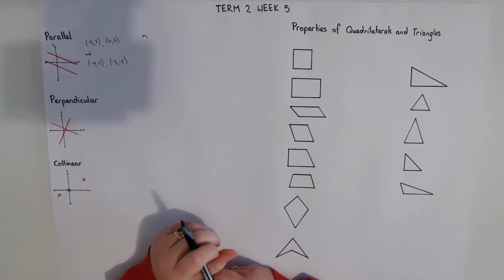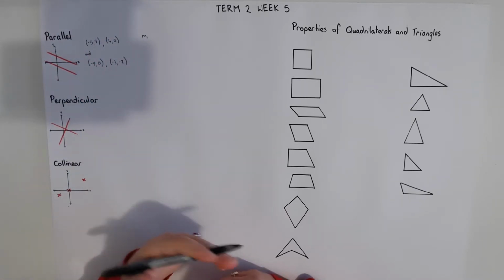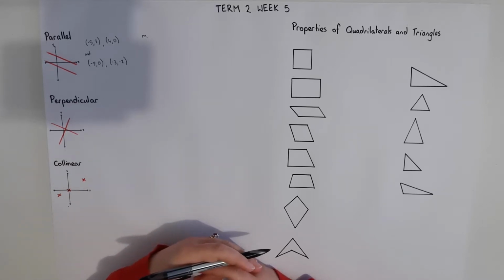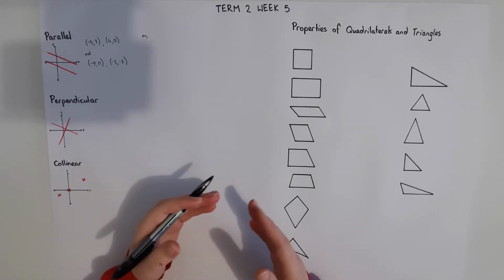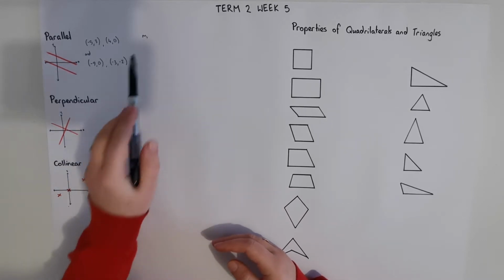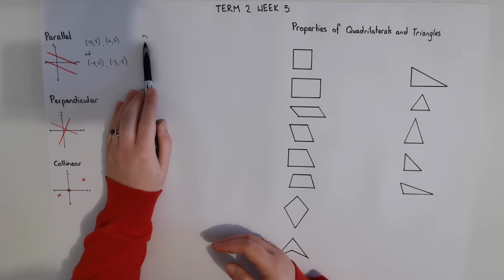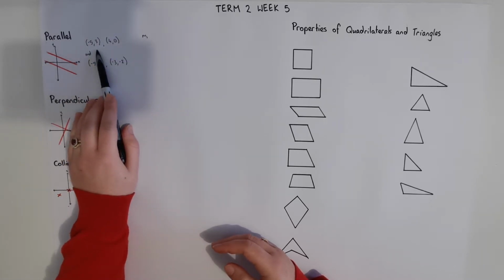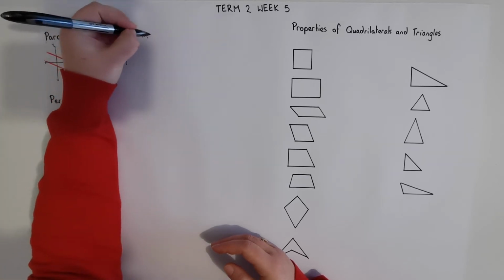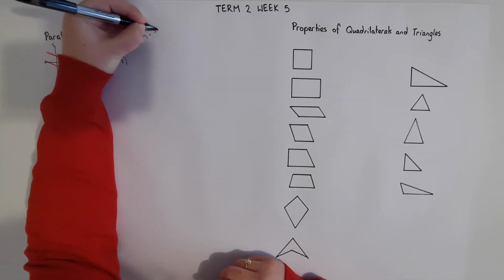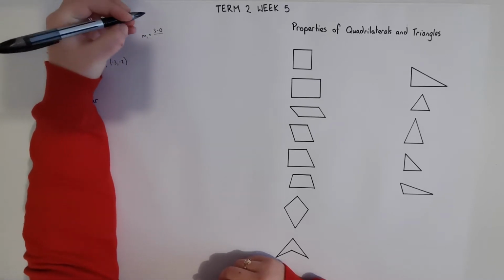Remember, I generally use m for gradient. That's because in our line equation formats like y equals mx plus c, or y minus y1 equals m(x minus x1), m always stands for gradient. I'm saying m1 here because I'm looking at my first line segment. So, using my rise over run or change in y over change in x that we've done over the last 2 weeks,